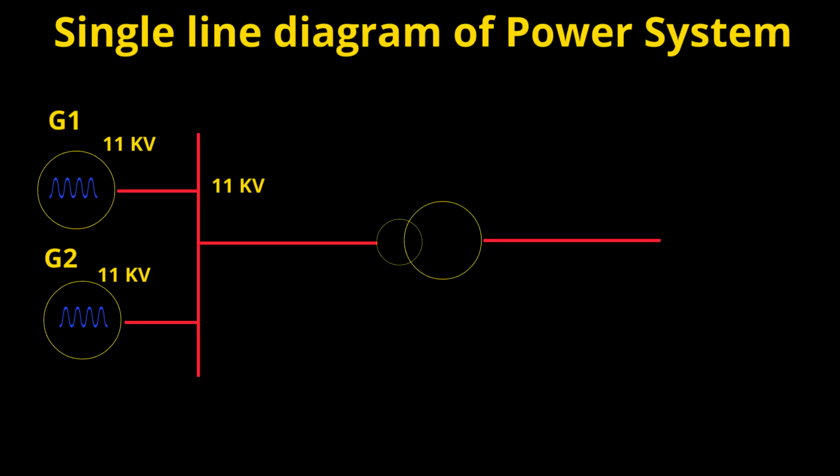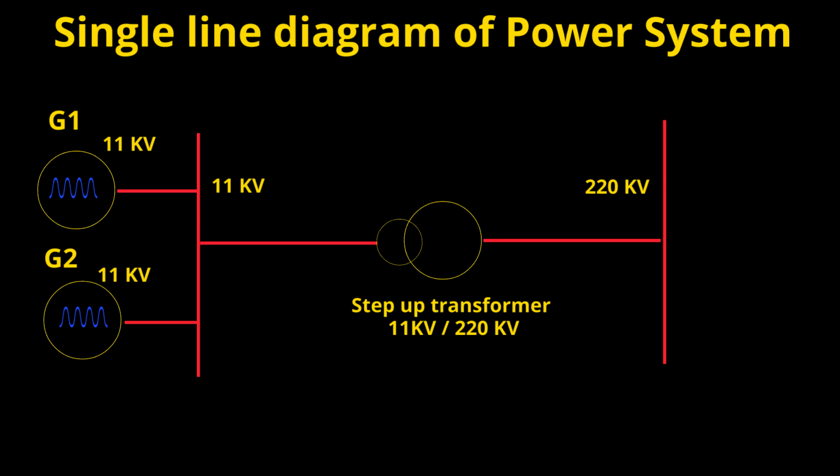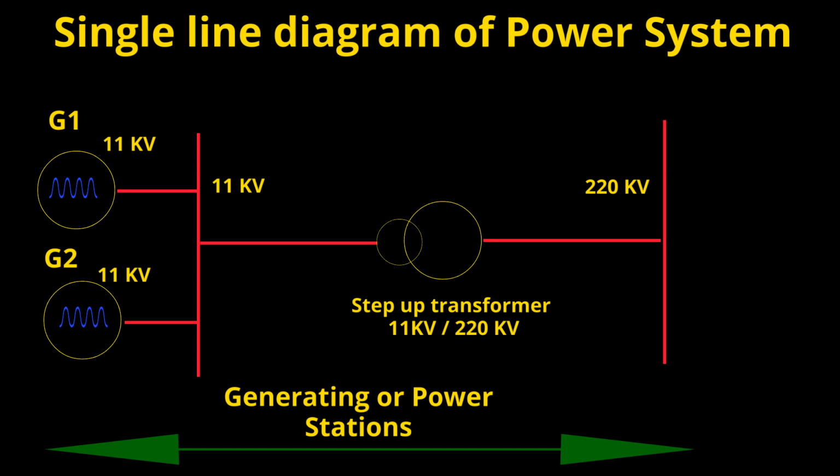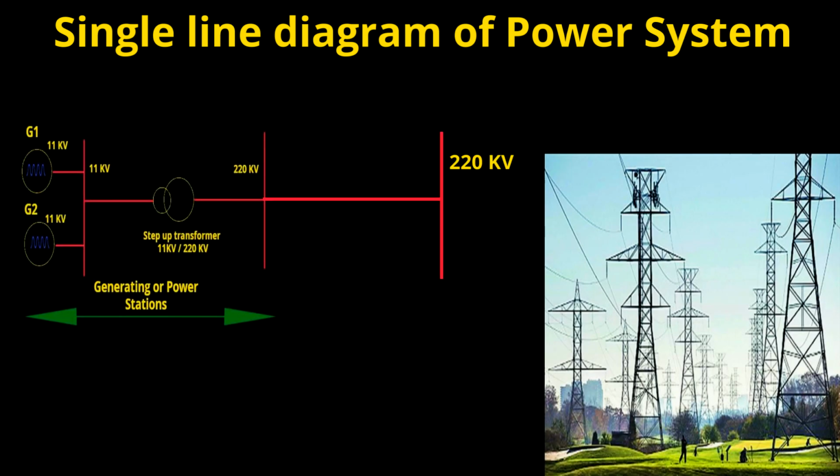Now we are interconnecting a step-up transformer to generator bus. By doing this, we are transmitting the power in economical manner, and the transmission loss is going to be reduced. You will study more about this in your upcoming power system transmission course. As of now, I am just representing the step-up transformer, which is used here to step up 11 kV to 220 kV. And up to here, we have seen what happens generally in a generating station by a single line diagram, SLD. And these 220 kV transmission lines with huge tower structures carry the transmission lines for longer distances. And this is said to be primary transmission.